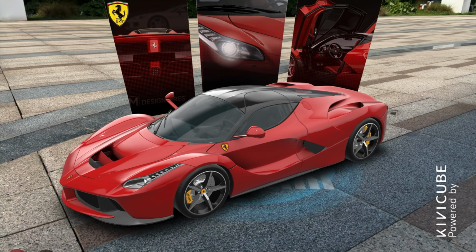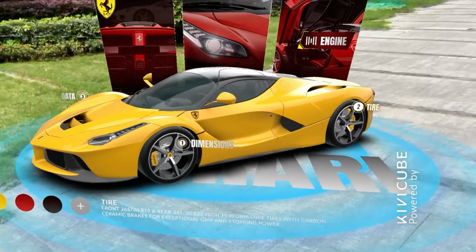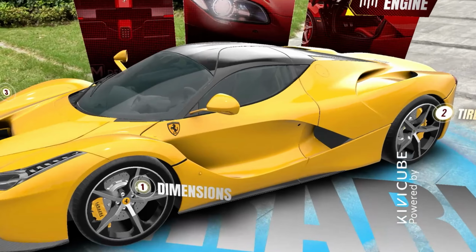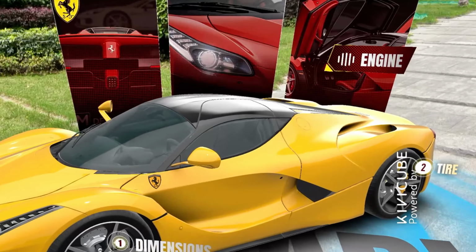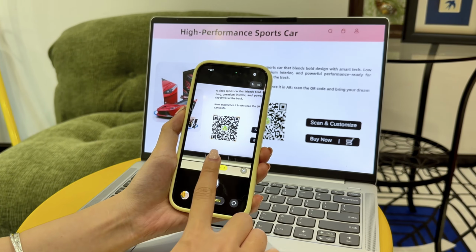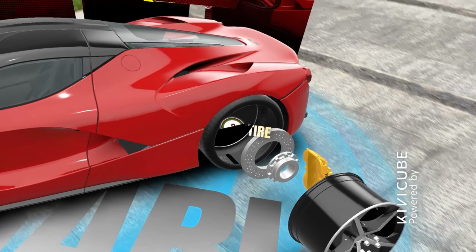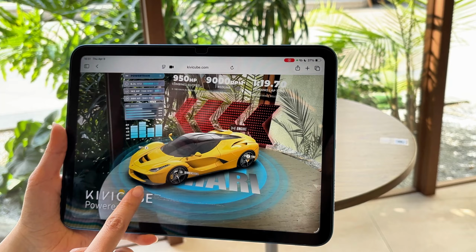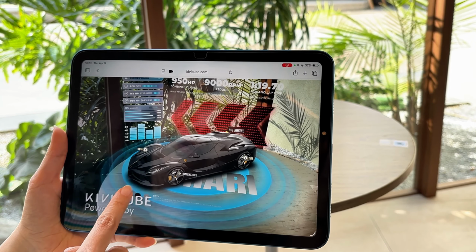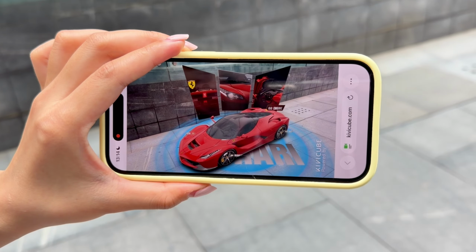The showroom? No problem. Imagine showing off a car without the hassle of renting space or shipping vehicles. Now, your customers can see the full experience just by pulling out their phones. With a quick scan of a QR code, a high-res 3D model appears on any flat surface. It's fully interactive to let them swap colors, explore the specs, hear the engine roar, or even strip down the